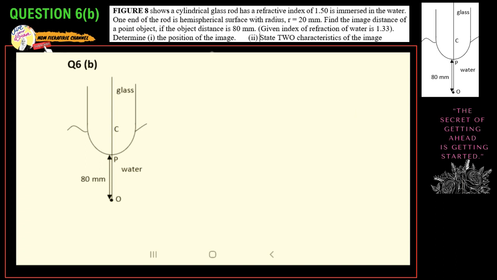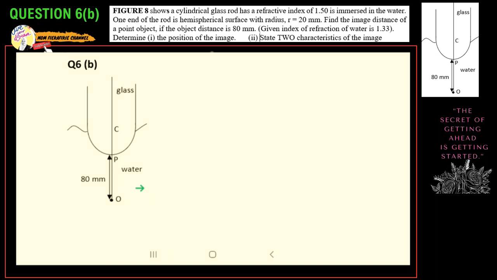So the figure shows a cylindrical glass rod. So here we have the cylindrical glass rod where the refractive index given is 1.5. Okay, so this glass rod is immersed in the water. So we have water here, and one end of the rod is a hemispherical surface, with the radius of 20 millimeter. Find the image distance of a point object. So here we have the object here. If the object distance is 80 millimeter, all right, so the diagram shows us all the information based on the